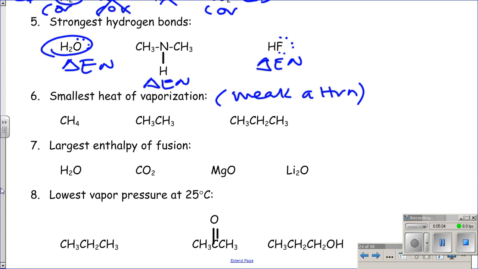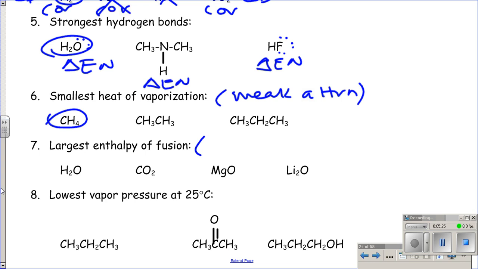Methane, ethane, or propane, right? So that's propane, so they're all single bonds between there, okay? So methane is definitely because it's got the least surface contact and least London dispersion forces. Largest enthalpy of fusion. So fusion means